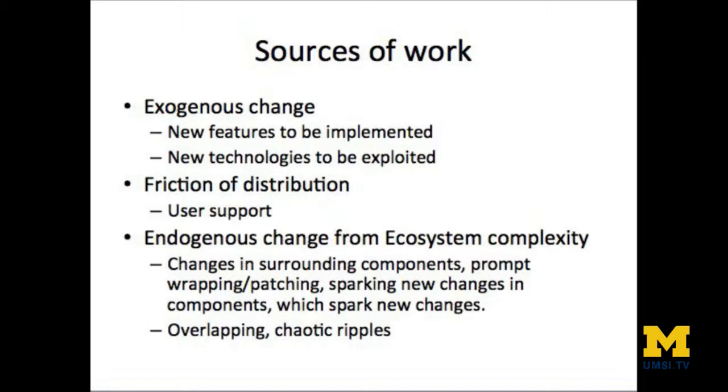Right. So don't APIs place a constraint on the extent and degree of these chaotic overlapping ripples? And if so,